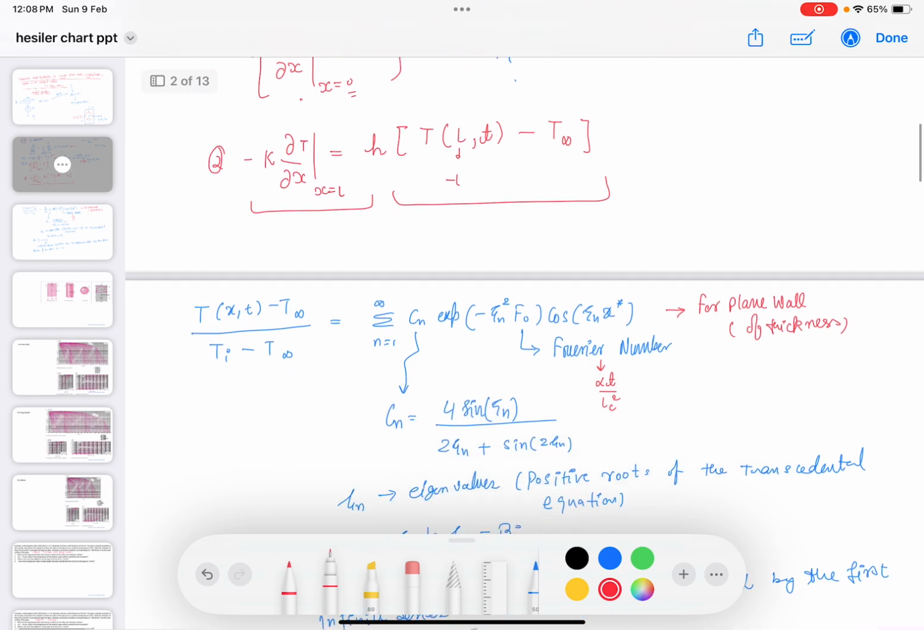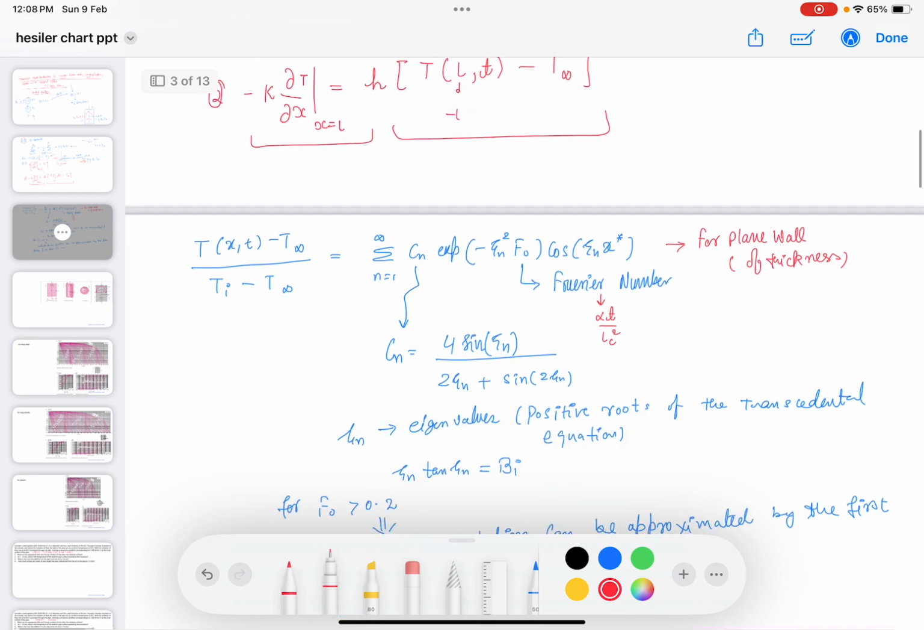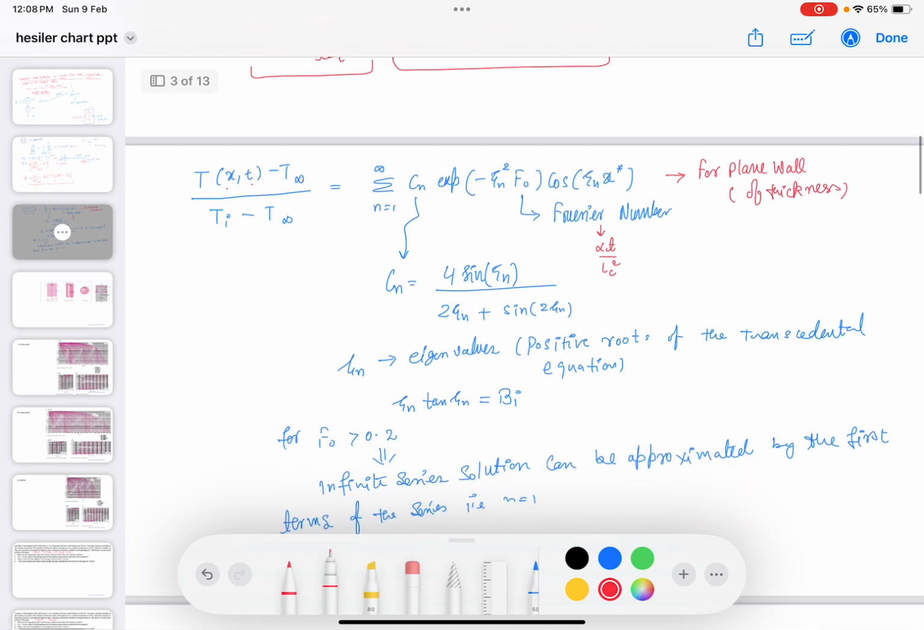to this solution in non-dimensional form: T at x and time minus T infinity upon Ti minus T infinity. Ti is the initial temperature of the body. And this is the solution. If you want to see how this derivation comes, you can look at any classical heat transfer book like Cengel or Incropera. And just if we look carefully at this equation